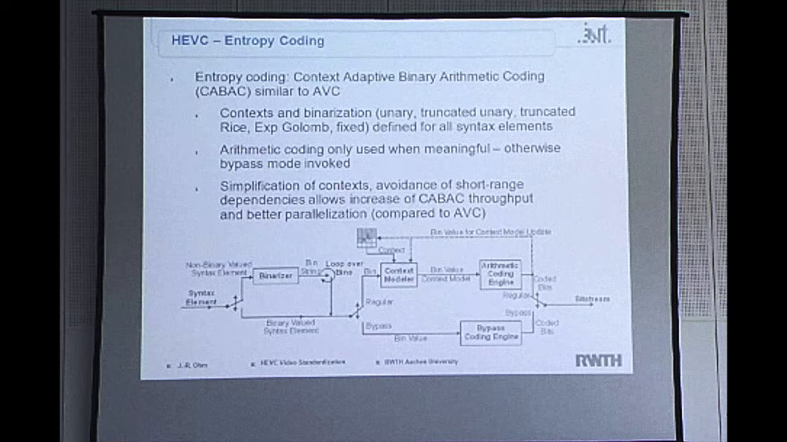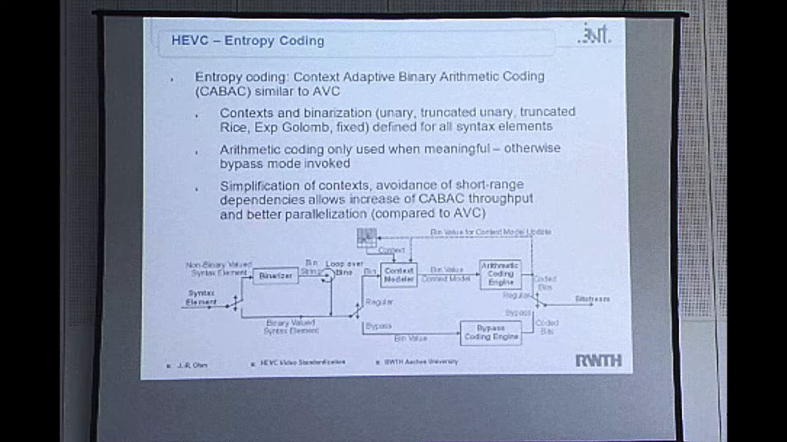Entropy coding, of course, after quantization we need to entropy code the transform coefficients. Of course, we also need to entropy code the motion vectors, the intra modes, etc. Much of that is done in context-based entropy coding. Unlike H.264, HEVC is only using one single entropy coder, which is CABAC, which should be known from H.264 already,